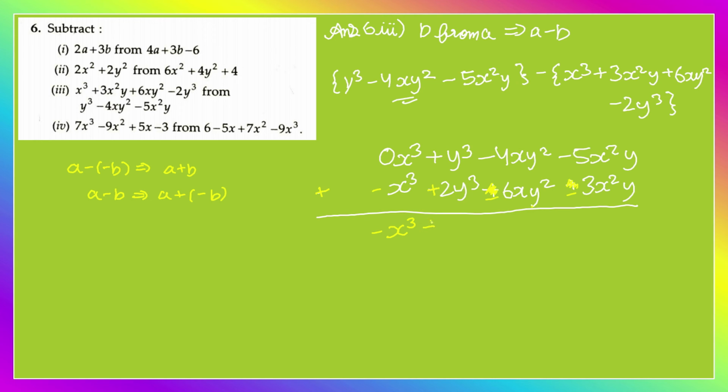That is, we get plus 3y cubed in this case. See? And now we have minus 4x squared y square minus 6xy square becomes minus 10xy square. And for the last term, minus 5x squared y minus 3x squared y will come as minus 8x squared y. So in this case, as you can see, change the sign, we get the answer. Change the sign, and like this we are going to keep changing the sign and we get the final answer